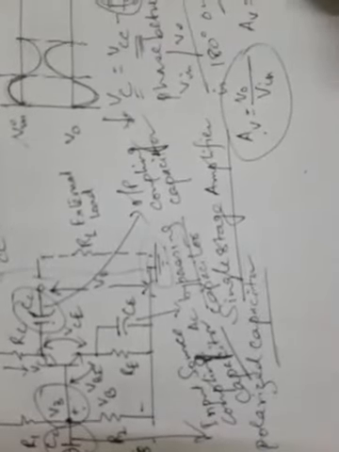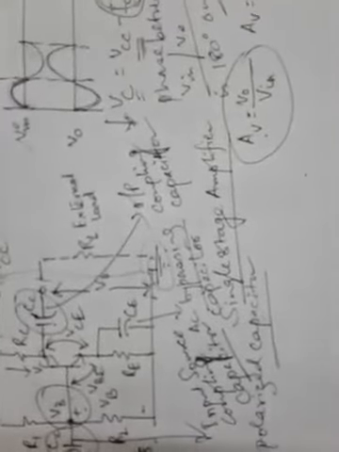This is the formula, you know, and the voltage gain AV depends upon RC and RL, because RL is the load resistance, RC is the output resistance. So AV is a function of RC and RL and other parameters of the transistor. We will later on see how the voltage gain, input impedance, and output impedance can be determined by AC analysis of the circuit.